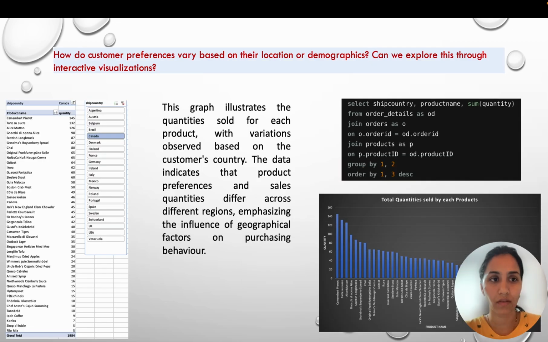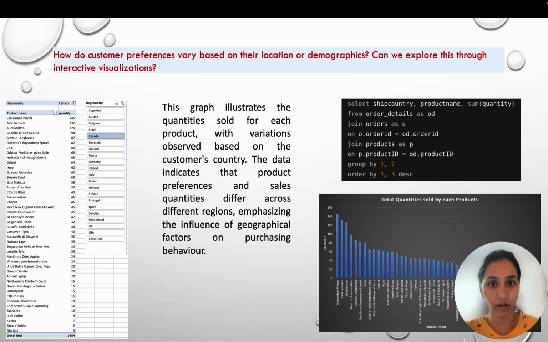Now moving on to the second question, how do customer preferences vary based on their locations or demographics? Can we explore this through interactive visualization? For this one, I have written a query of ship country, product name, and sum of quantities from the order details, orders, and products tables. The data set obtained from this query is the ship country, product name, and sum of